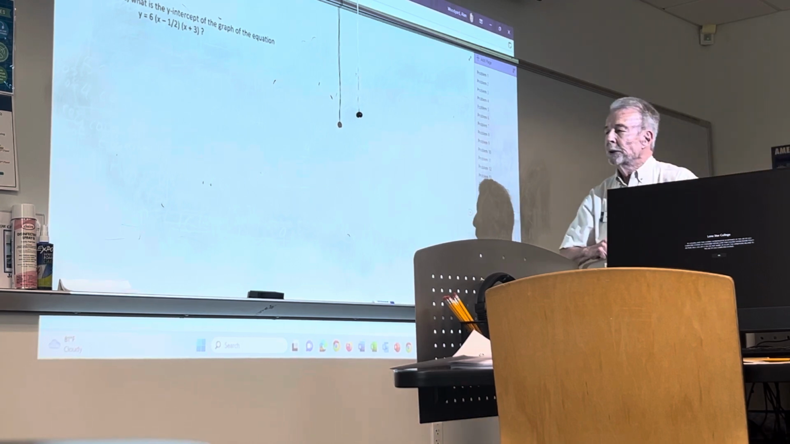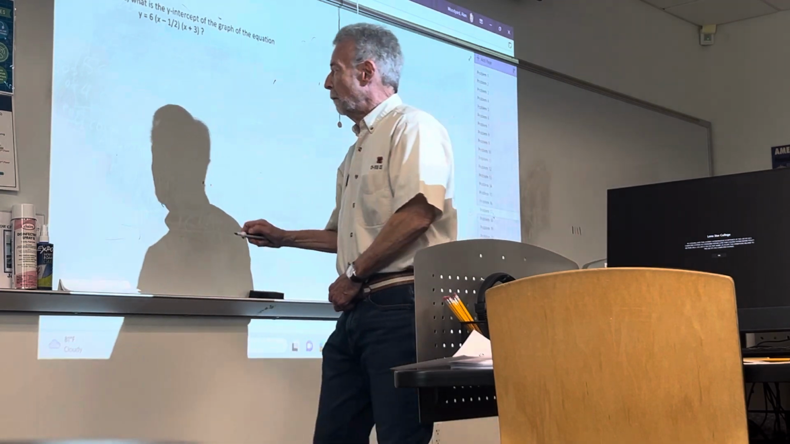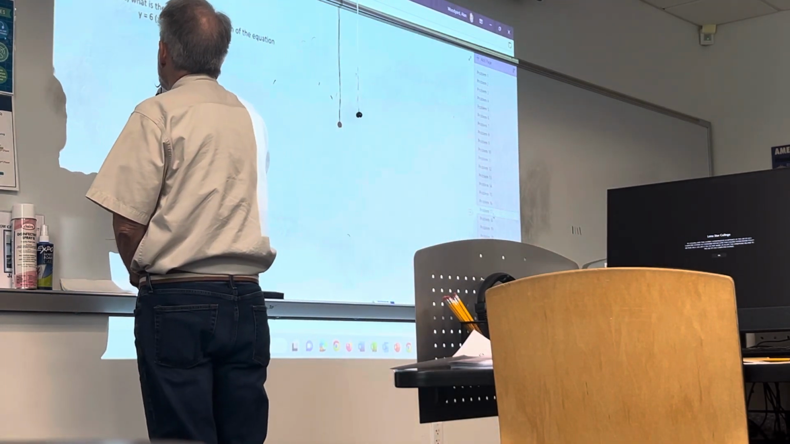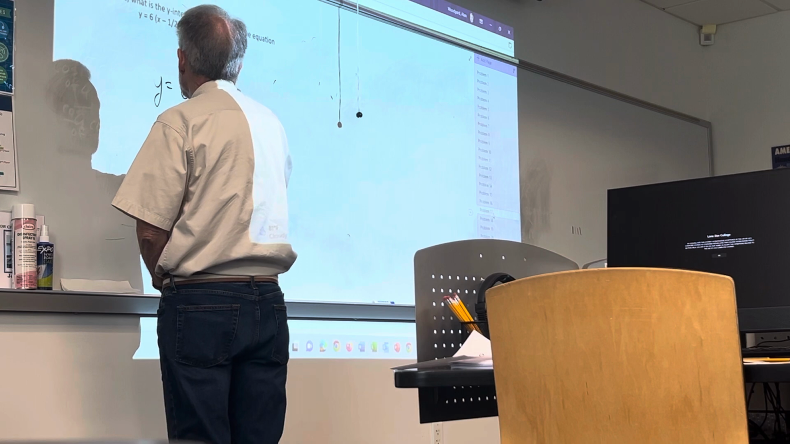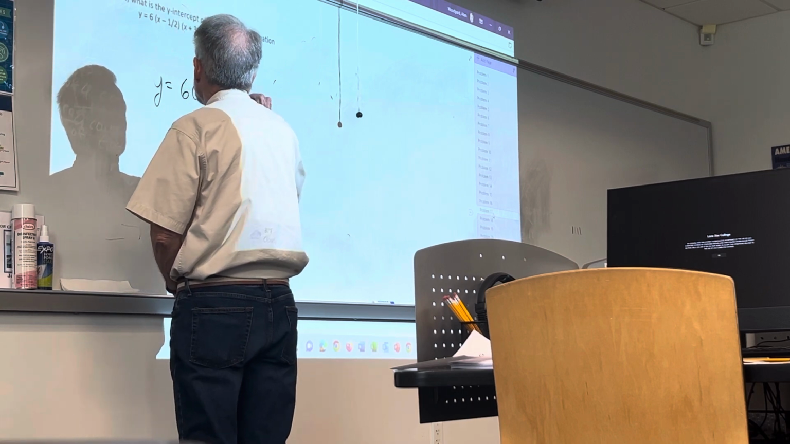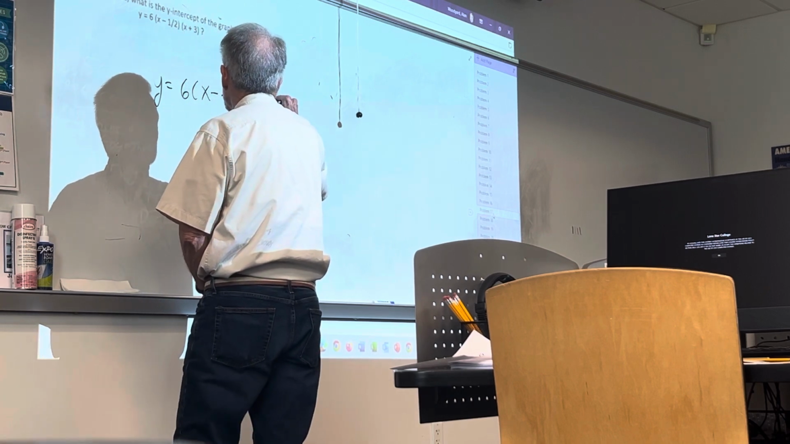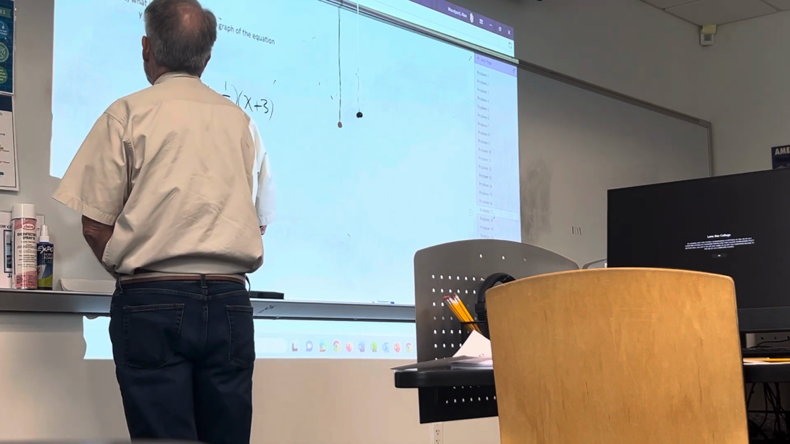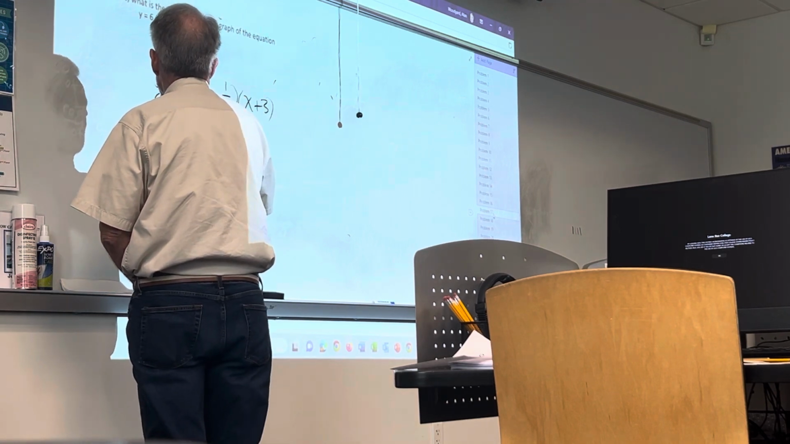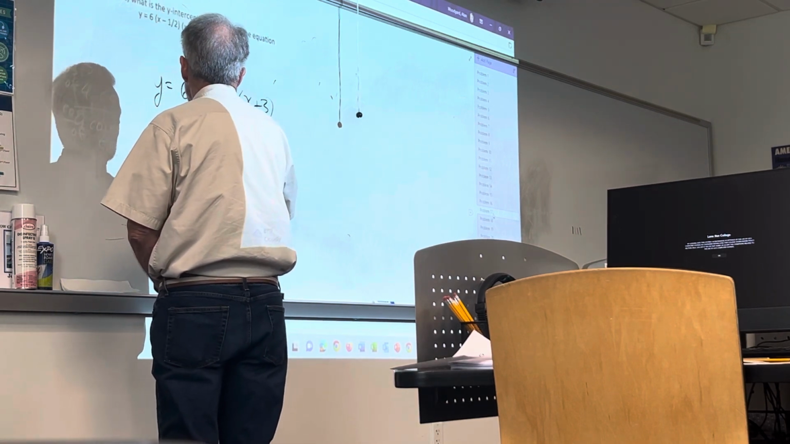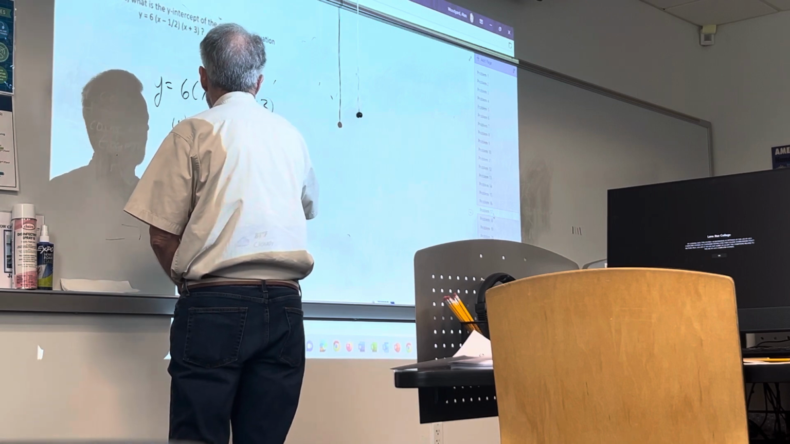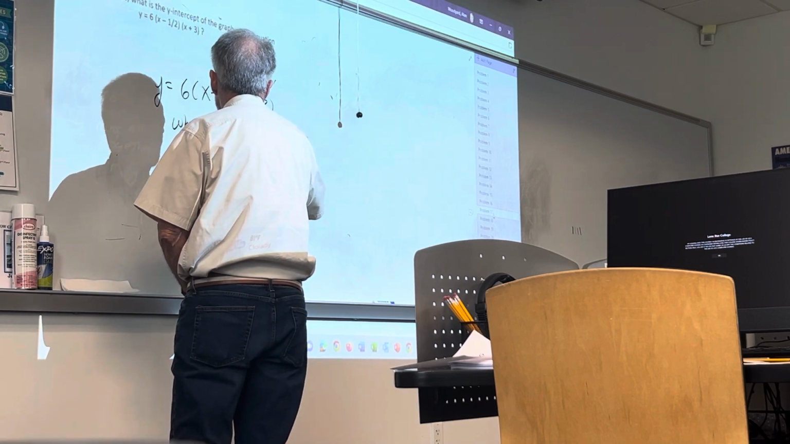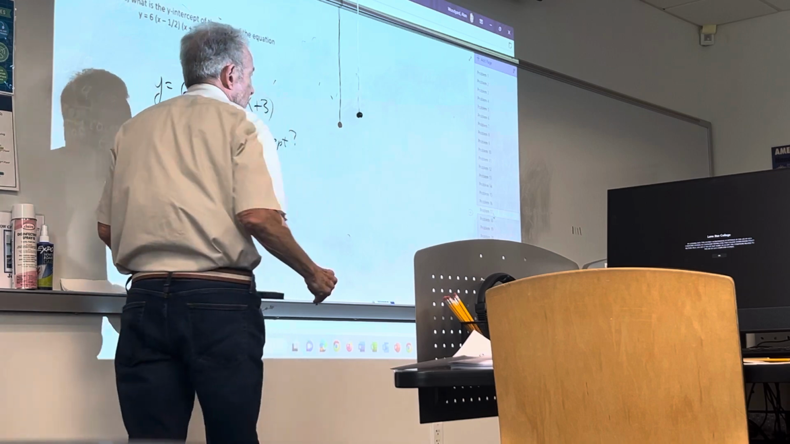Okay, so this problem says we're given an equation, y is equal to 6 times x minus a half times x plus 3. And they said, what is the y-intercept? Now that's why I mentioned earlier